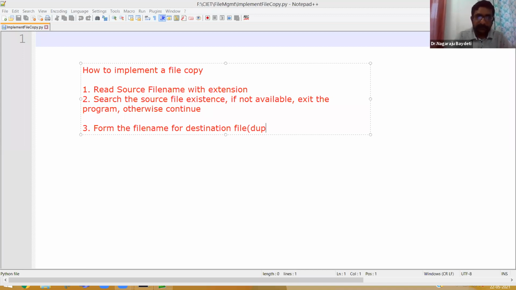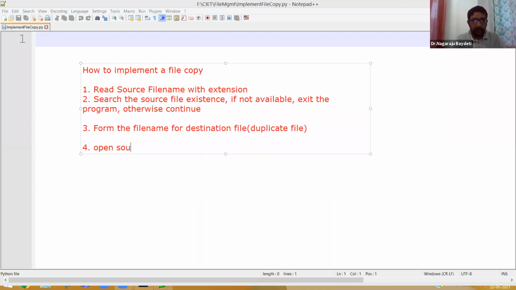You need to create the file name with the same file name with extra hyphen copy. And the extension also should be the same. Suppose if the source file is .txt, the destination also should be .txt. If the source file is .py, the destination also should be .py. So you need to form the file name. Then four,